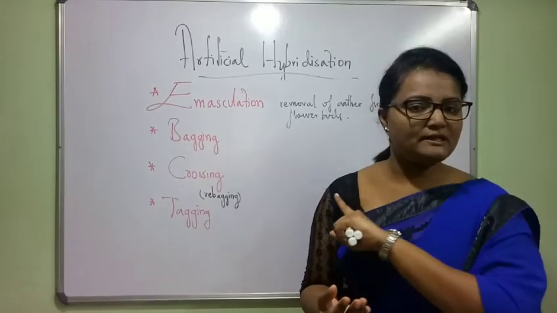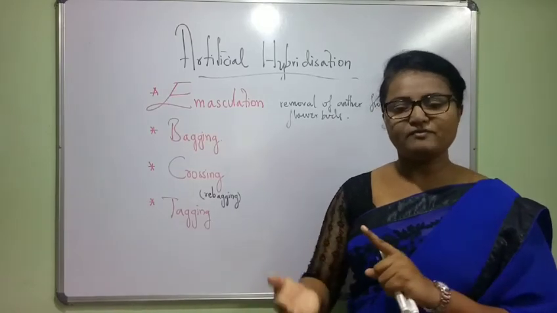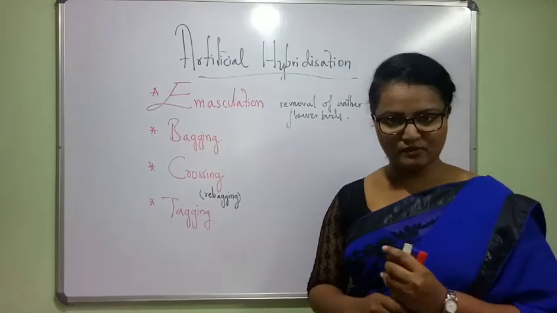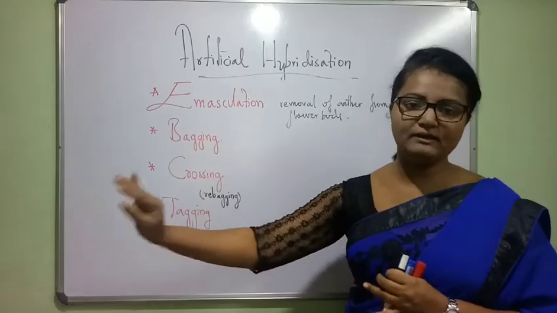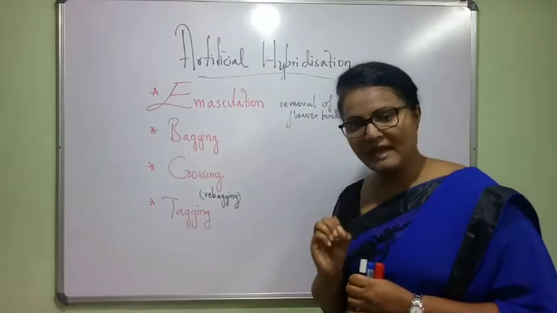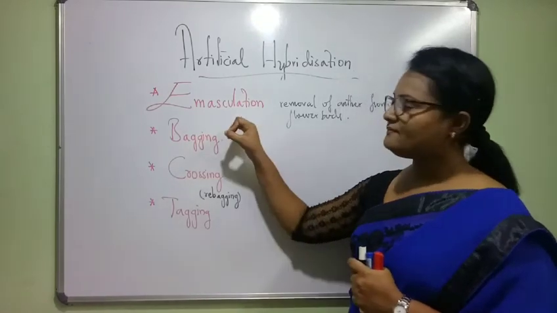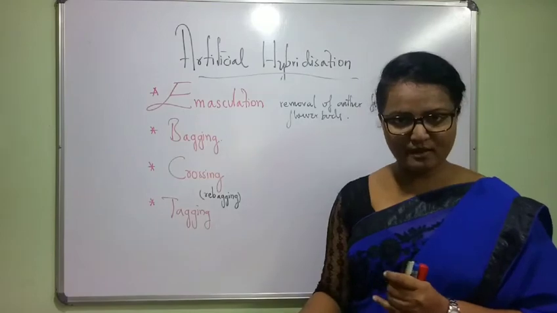From the anthers, the pollen grains are not dispersed out. So before the maturation of anthers, before the dispersal of pollen grains and dehiscence of the anther, they remove the anther from that flower. That step is called emasculation. Then one more